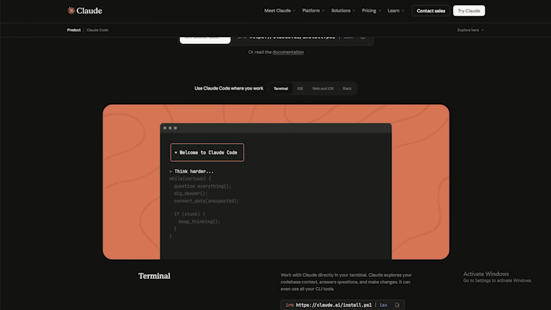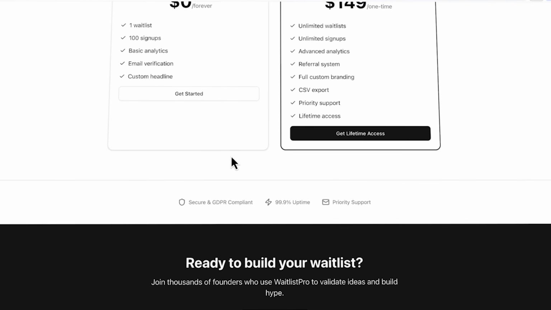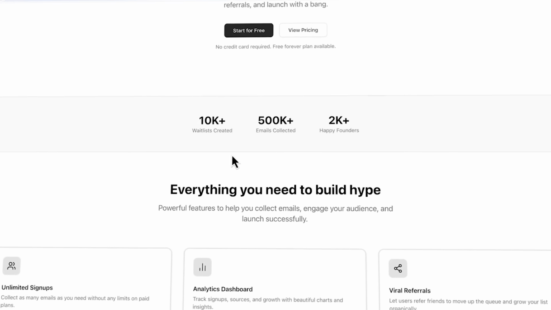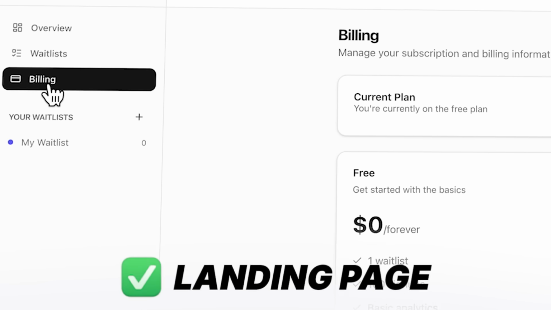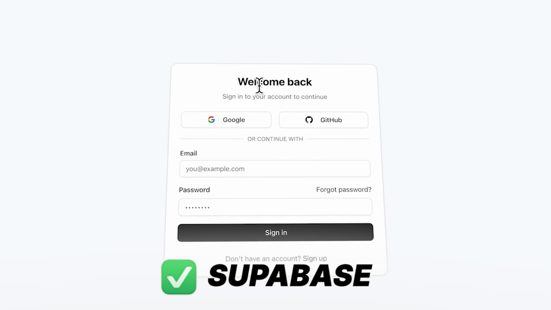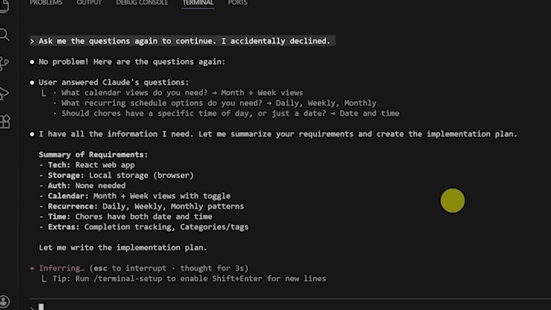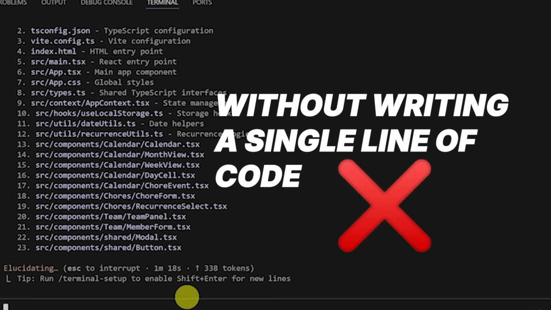In this video, I want to show you exactly how you can use Claude Code to help you build this awesome SaaS application that contains the dashboard, landing page, Stripe payments, Supabase, backend, database, and everything without writing a single line of code. And this is something that I struggled with on a bunch of these other AI models, and Claude,